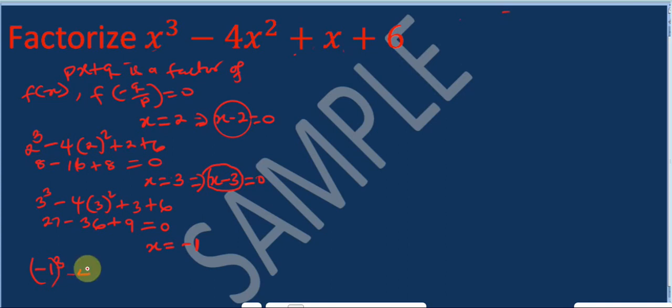Minus 4 brackets minus 1 raised to the power of 2 plus brackets minus 1 plus 6. Now, minus 1 raised to the power of 3 is going to give me minus 1, because minus 1 times minus 1 is plus 1, times another minus 1, that's going to give me minus 1. So I'm going to write